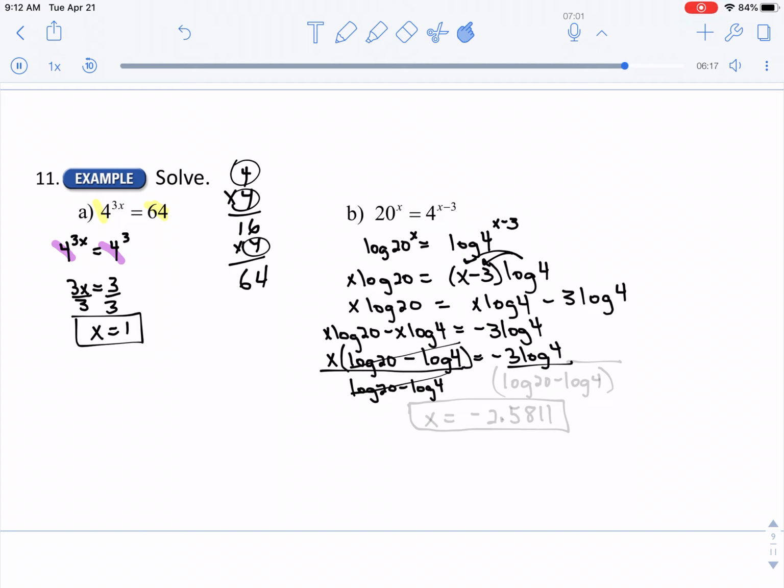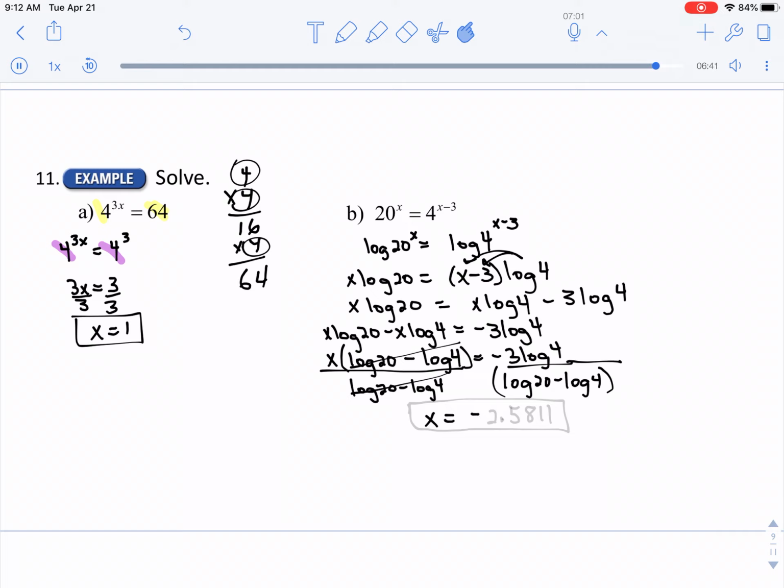And over here I'm going to have log 20 minus log 4. I'm going to put that in parentheses because when you put it in a calculator, you want it to be in parentheses. Now pick up a calculator and type negative 3 log 4 divided by parentheses log 20 minus log 4, and you're going to get x equals